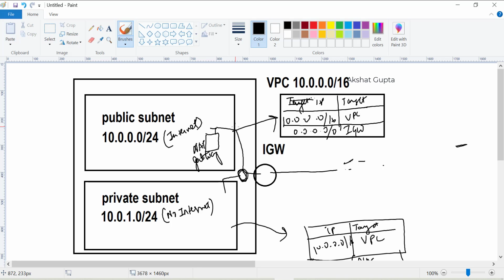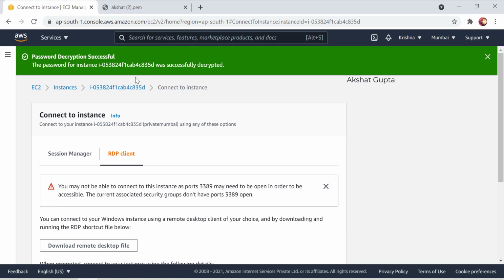So it is highly secure, because the private subnet is not directly exposed via your internet gateway. If someone wants to access this private subnet, the only way is via the NAT gateway, which is present in the public subnet, and it has its own elastic IP and its own security. So a hacker won't be able to directly enter your machine. Okay, so let's come back and create a NAT gateway.